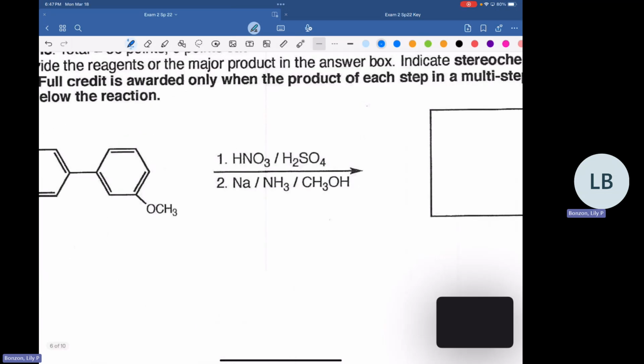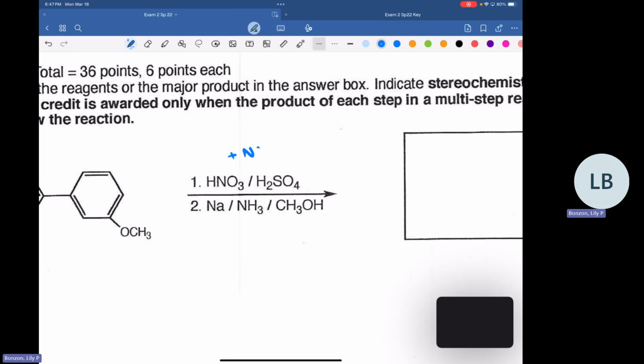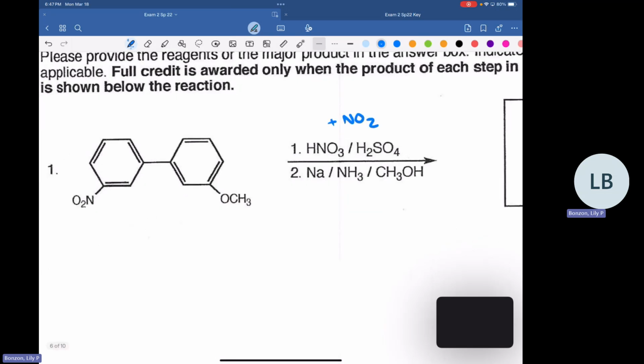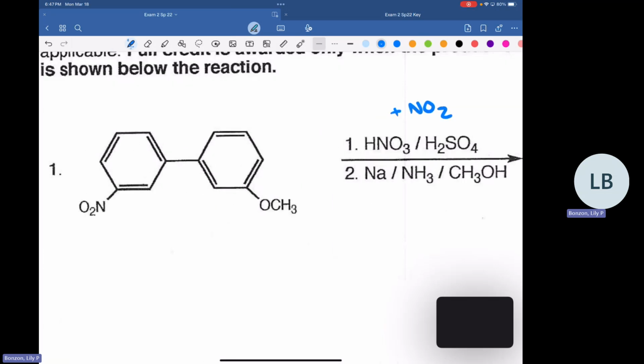But for this one, we've got HNO3, H2SO4. So this one is going to add a nitro group. And so we're going to want to add that nitro group to the most activated ring. So the ring over here on the left has a nitro group already on it. And so nitro group is going to be deactivating. So we're not going to add our new group onto the ring on the left because it's deactivated. It doesn't want anything else on it. But this OCH3, on the other hand, is going to be a donating group. Oh yeah, and this one's one of the EAS reactions. So that's why we want donating groups. So the donating group is going to increase the activation of that ring. So we're going to add the nitro group over on the right.